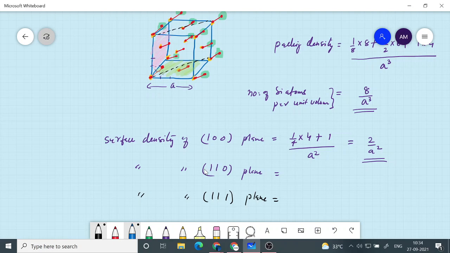Wafers are made only in these 3 planes, but as I said, when you compare the surface density, the 100 plane has the least surface density, and therefore that is preferred in almost all applications. The wafers that are used for mass production are 100 plane because that has the least reactivity. So we will find out about this 110 and 111 plane. These are the Miller indices of silicon material, in the next class.